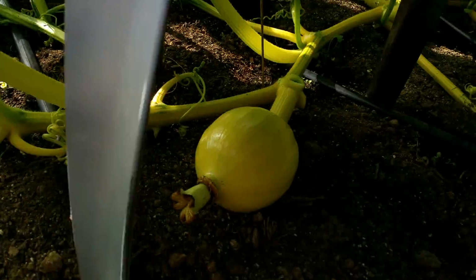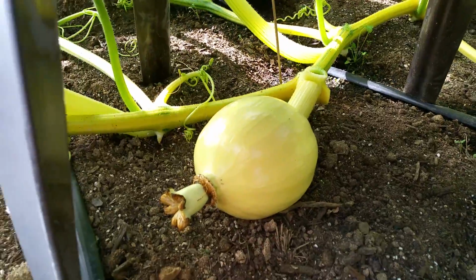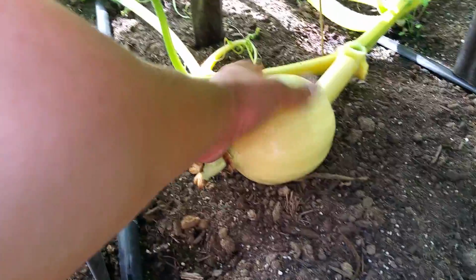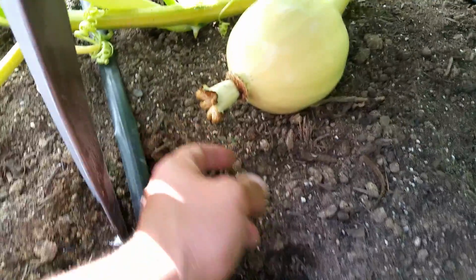So here's this fruit, which is looking also really nice. This one definitely is the smaller of the three, even though it's the second oldest, so I'm hoping that it'll pick up steam. But this one has the nicest shape. This is a nice and round pumpkin. And yeah, this one,